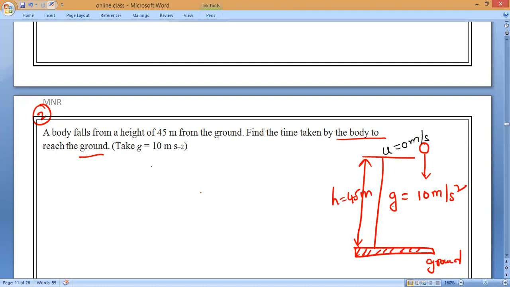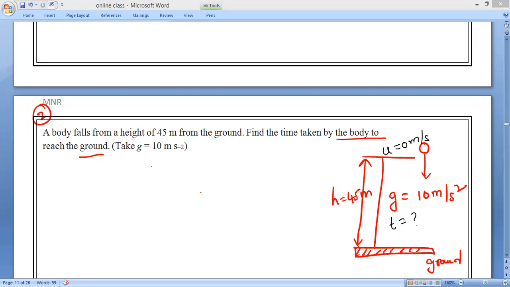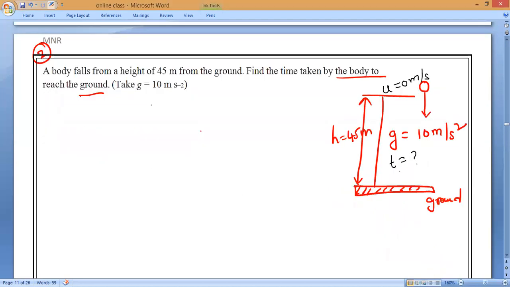We are not talking about the final velocity, but we want to find the time. So now you can see we know position and we want time. Position and time, which equation? Sir, first and second. Second. Wonderful. What is the first equation? That is velocity and time. Position and time: you know position, you want time. We don't know the final velocity, correct? We cannot use the first equation and third equation. Understand? So now, from the second equation of motion, tell me the equation.